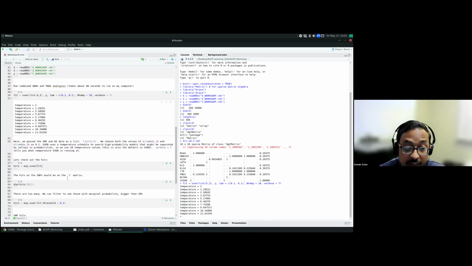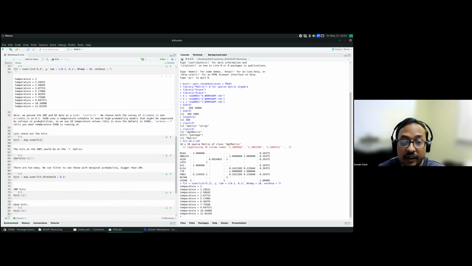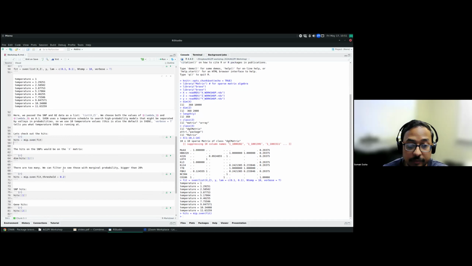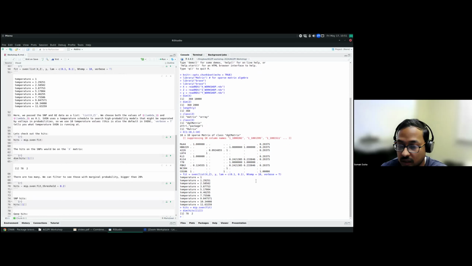All right. So once we fit the model, we can use this function MIP.SVEN. MIP stands for marginal inclusion probabilities. So we can use MIP.SVEN to get the hits. So let's compute that. Now, typically there would be a lot of hits with small probabilities, right? So let's see how many. So hits is a list of